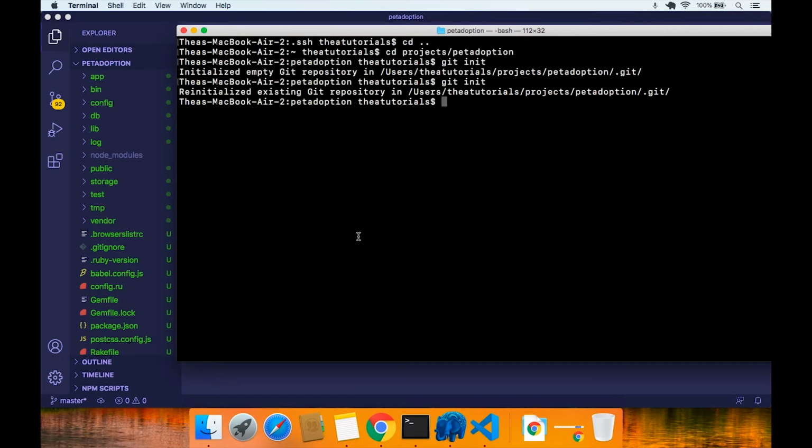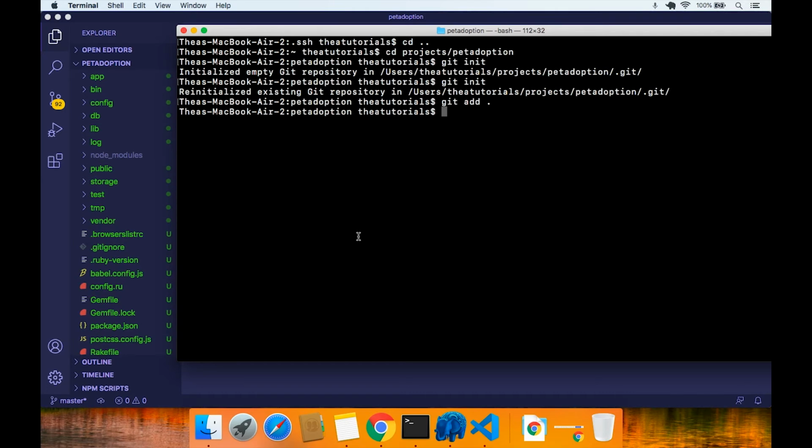So I'm going to do git space add period. That's the easiest way to remember it. Git add period is git add all, or you can also do git add dash dash all. You could do that too. But what I'm going to do is git space add period. That's all you need to do. And if I do that and hit enter,